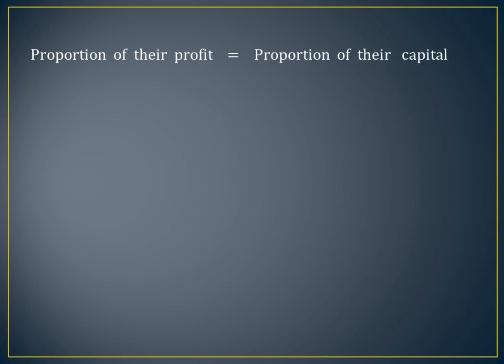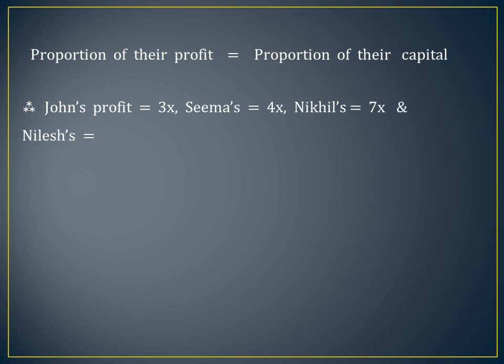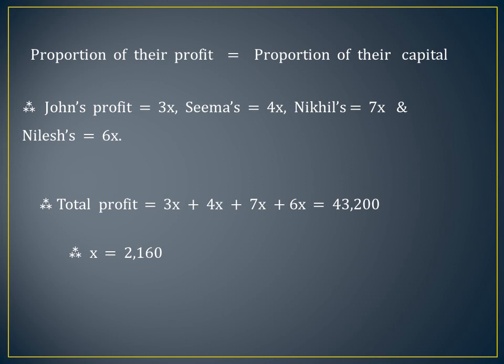Now each one of them will take a share of the profit, which will be equal to how much each one has invested. So again their profits will be 3x, 4x, 7x and 6x respectively. So now again the addition of the individual profit should be equal to the total profit, which was 43,200. So therefore total profit is equal to 3x plus 4x plus 7x plus 6x equal to 43,200. So that is x is equal to 2,160. So therefore Nikhil's profit will be 7 into 2,160, which gives us rupees